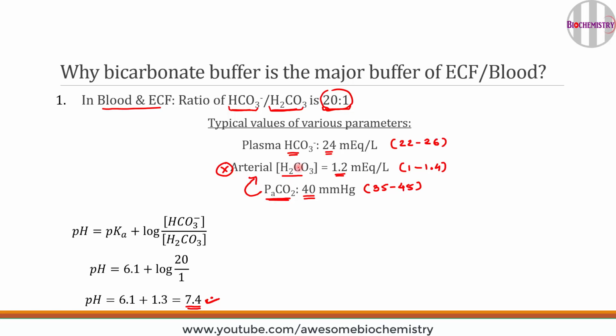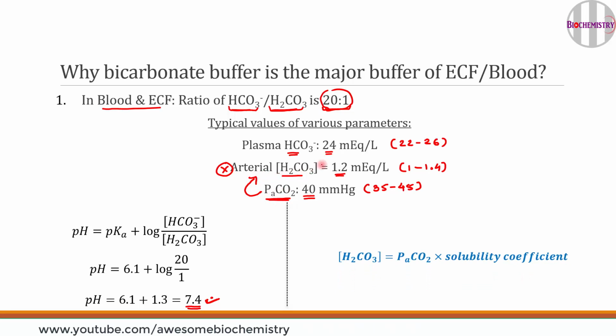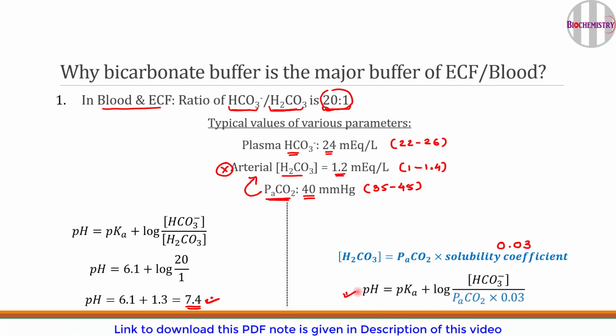How is it calculated? The formula to convert partial pressure of carbon dioxide to carbonic acid is: the concentration of carbonic acid is equal to the partial pressure of arterial carbon dioxide times the solubility coefficient, and the solubility coefficient of carbon dioxide is 0.03. So in the Henderson-Hasselbalch equation, instead of H2CO3, we can also put this value. Your Henderson-Hasselbalch equation looks like this. Here I discussed the first reason why bicarbonate buffer is the major buffer of extracellular fluid and